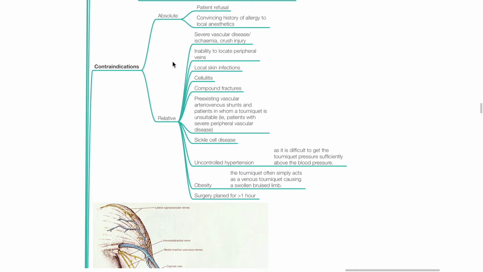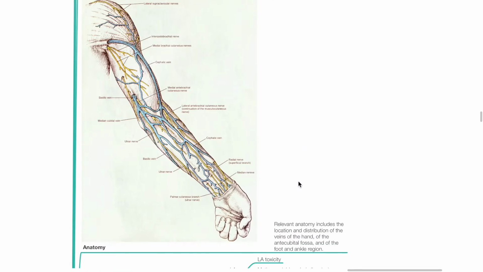Relative contraindications include severe vascular disease, ischemia or crush injury, inability to locate peripheral veins, local skin infections, cellulitis, compound fractures, pre-existing vascular arteriovenous shunts, severe peripheral vascular disease, sickle cell disease, uncontrolled hypertension, obesity, and surgery lasting more than 1 hour. Relevant anatomy includes the location and distribution of veins of the hand, of the antecubital fossa, and of the foot